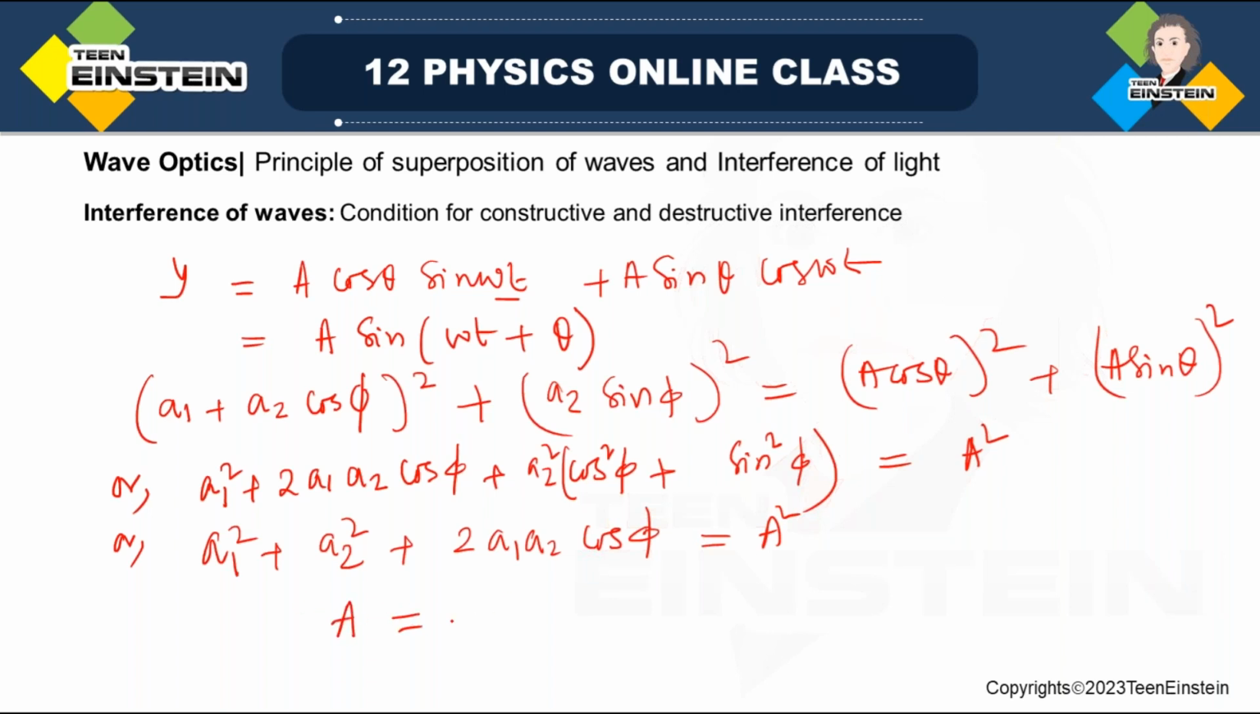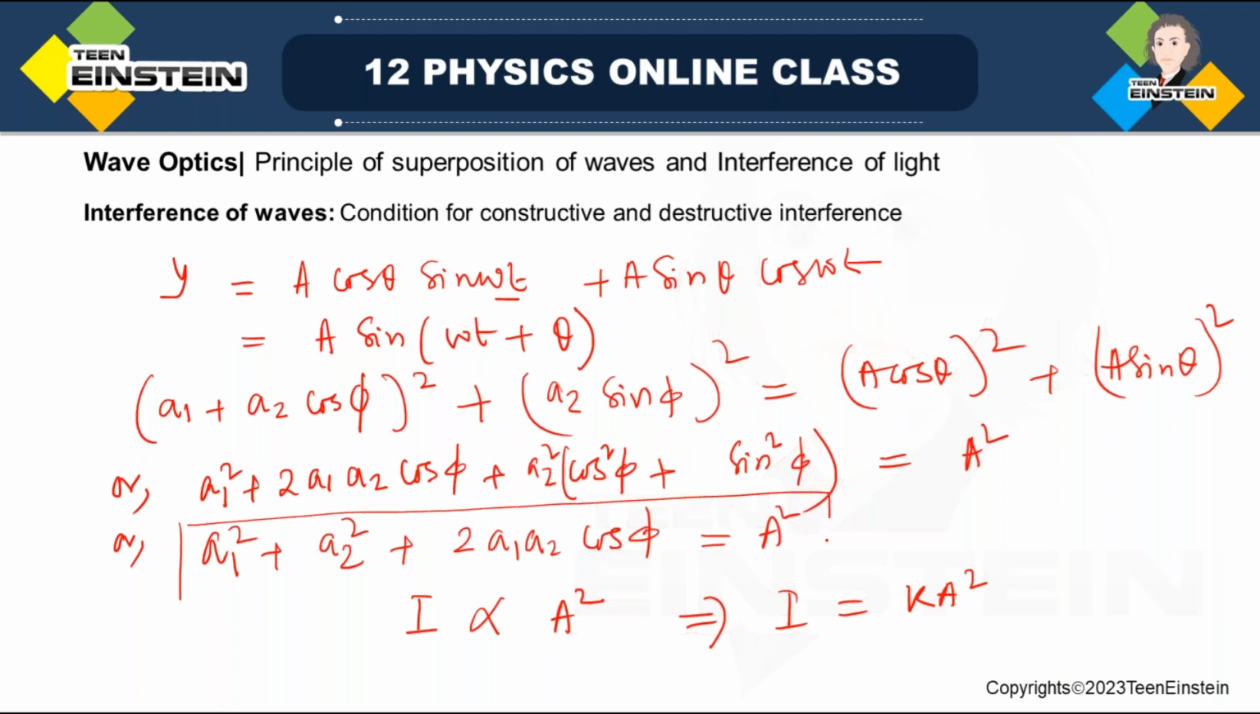Now at this position I'll tell you one thing. I think yesterday also I had discussed somewhat. Amplitude and intensity are related to each other. Intensity of light is directly proportional to the amplitude square. So we can write I, intensity, is equal to k a square, where k is the proportionality constant. So if we write this for this equation,